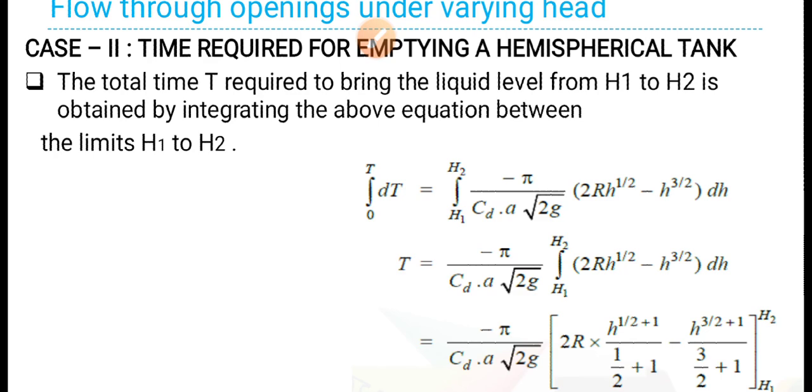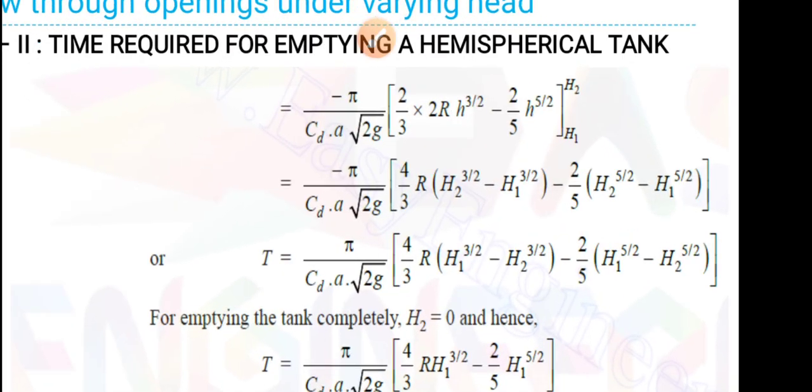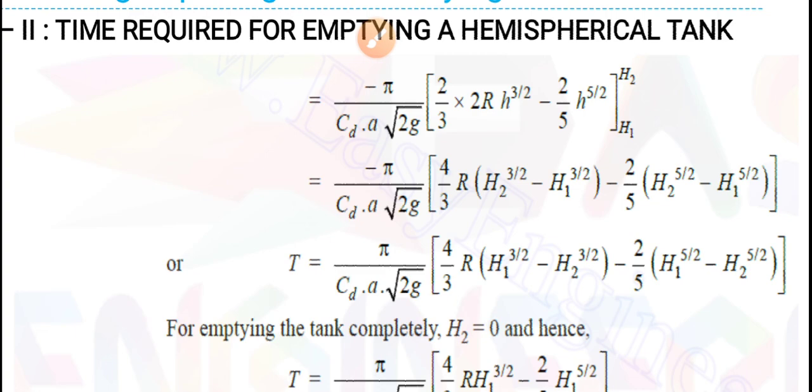Further, the total time required, capital T, to bring the liquid level from H1 to H2 is obtained by integrating the above equation between the limits H1 and H2. So, as we did in the earlier case, similarly integral 0 to T dt is equal to integral H1 to H2 of minus pi divided by Cd A root 2g whole multiplied by (2R h to the power of half minus h to the power of 3 by 2) dh. If you simplify this on integrating and substituting the limits H1 and H2, we will get T is equal to minus pi divided by Cd A root 2g whole multiplied by